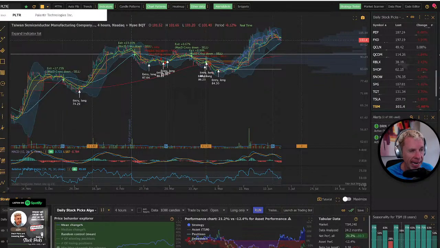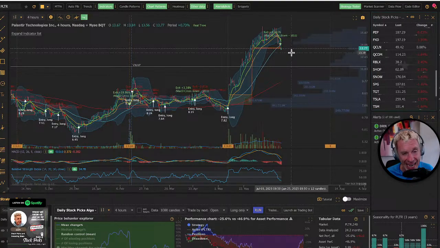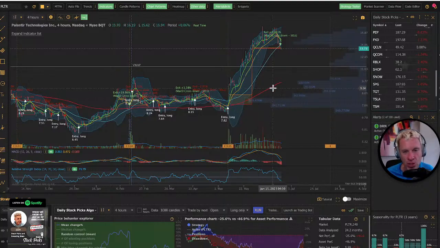Palantir, it has pulled back. And Palantir, I think you have an opportunity to get in when it finds confirmation. Look at this. The algorithm just got you out of Palantir with an 80% gain, $7.82, back here on May 8th. Right now, June 23rd, so just under 2 months, 80% gain. Holy F. I know some people are still in this one. I probably would have gotten you out with that button hook there on June 16th, up around $16. I do think this is a $25 stock when you get to it.